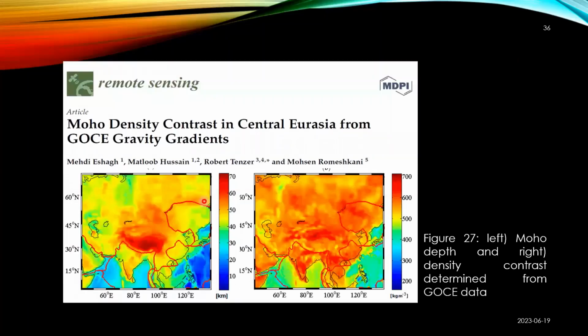Here you see the left side is the Himalaya. We have used the GOCE data, which is a satellite gravimetric mission, and we determined the Moho depth under that area. And on the right-hand side, you see the density contrast between the crust and mantle that we have determined using GOCE gradients. But of course, I should add that we have also used seismic data for it. This is not only with satellite gravimetry. Satellite gravimetry comes as a complement to